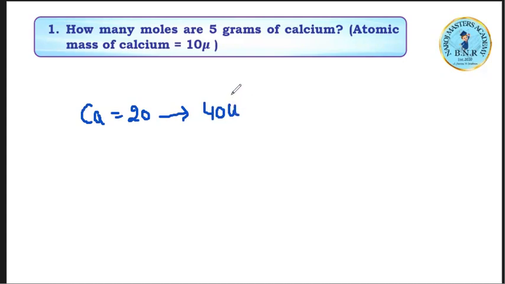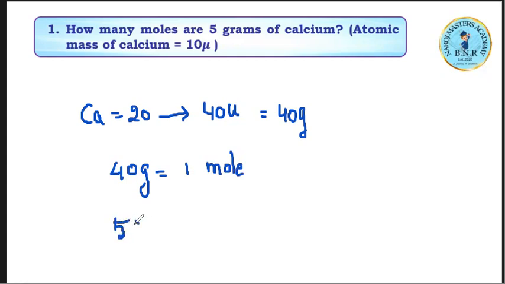But we are not having 40 grams or 40 units, nothing but 40 grams. Okay, so 40 grams is equal to 1 mole. But we are not having 40 grams. How much amount we are having presently? 5 grams is equal to dash number of moles. So consider it as X